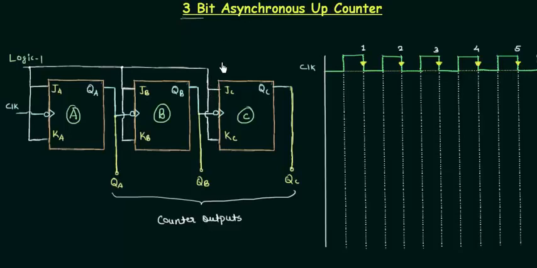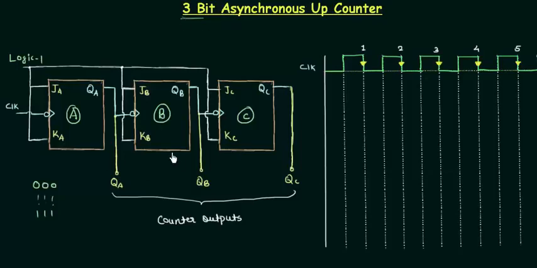And the first thing in this is 3-bit. So what do we actually mean by 3-bit? We will count from 000 all the way to 111, because we know that the maximum possible count in case of 3-bit is 7, and it will start from 0 and end up at 7. So you know the heading, you know what we have to study. We have to study the 3-bit asynchronous up counter. So we will start from the circuit.